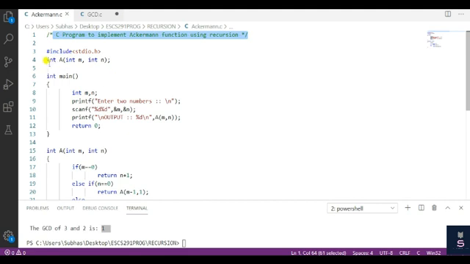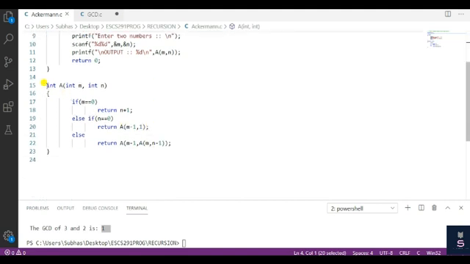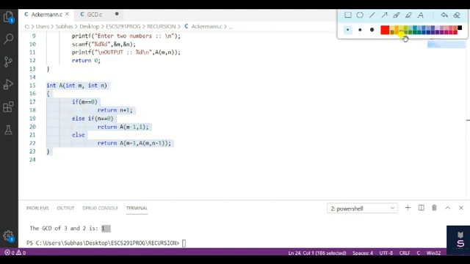I have taken a function, the name of the function is A, you can take any name, no problem, and it takes two arguments. One argument is m and another argument is n, and both arguments are integers. According to our definition, both arguments must be integers. And the first condition I have just taken, let me explain the meaning of this line. So this is my function. The return type of this function is integer.